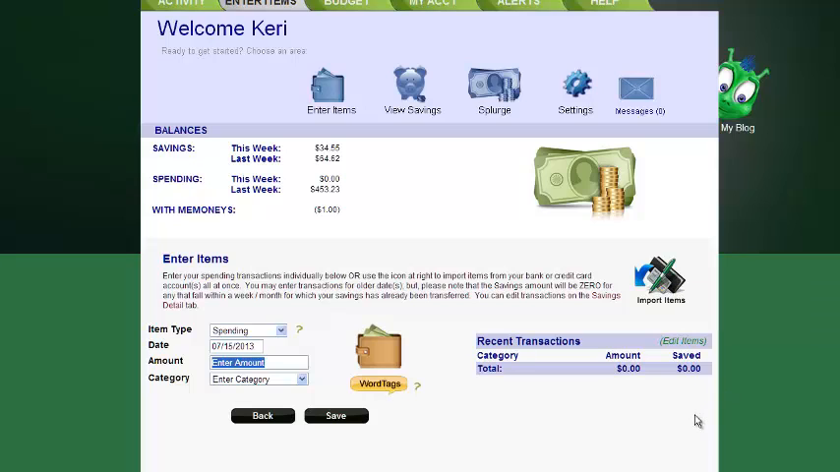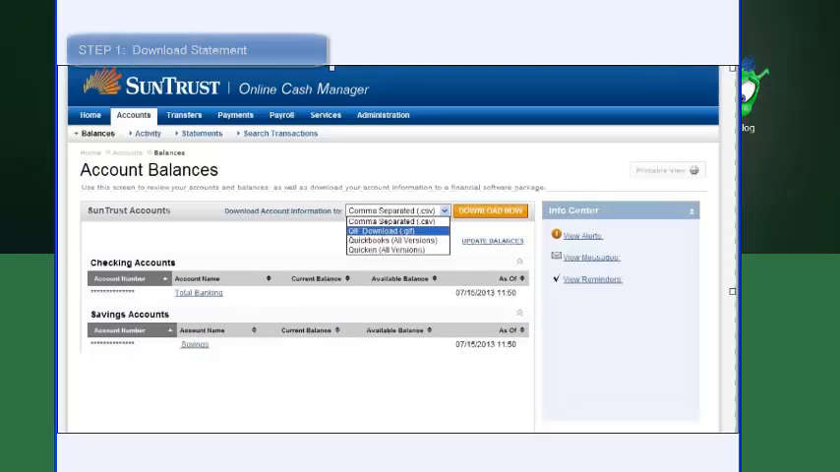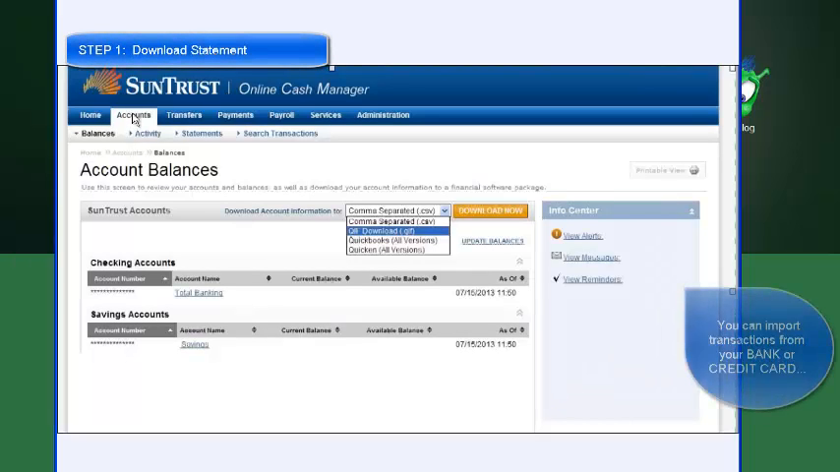There's two steps to importing. First of all, you're going to go online with your bank or your credit card company and download the statement. It sounds complicated, but it's actually quite easy. It varies from one bank to another as to exactly how those screens look, but just to give you a quick little snapshot view, on my account, when I log into my bank, I just click on the Accounts tab,